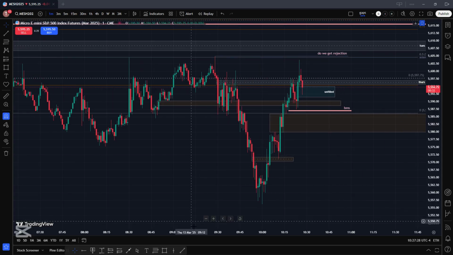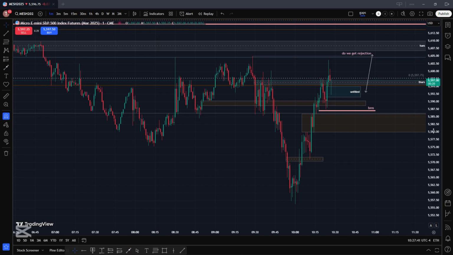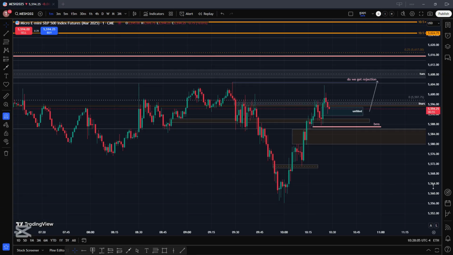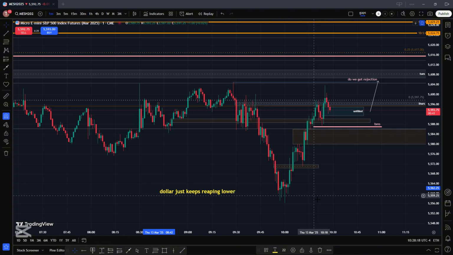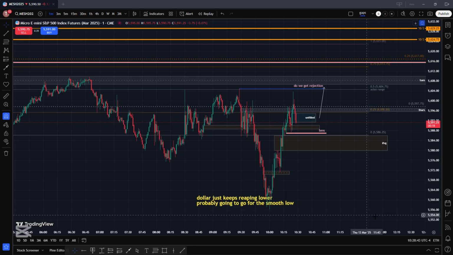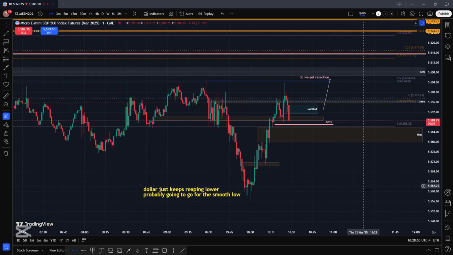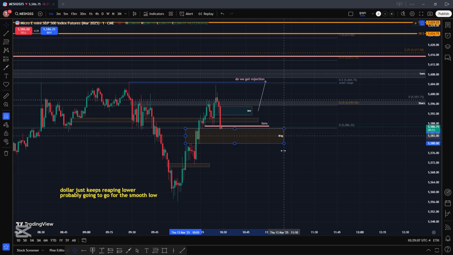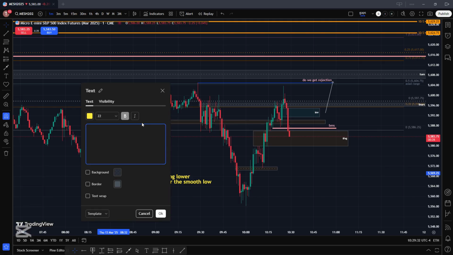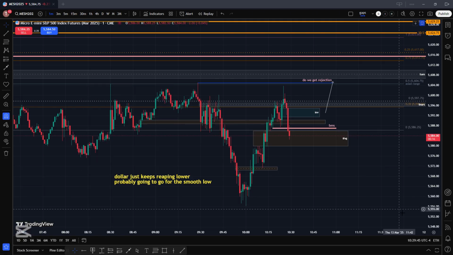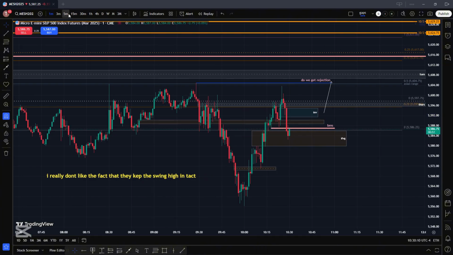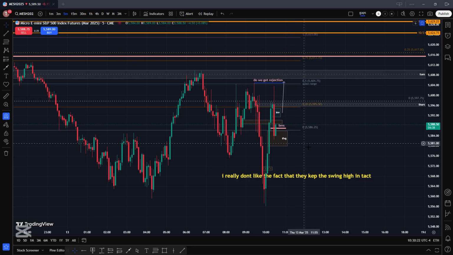So just measuring the market with that fair value gap right there. I typed unfilled because I don't want to see it filled fully and the dollar just keep ripping lower, so it suggests that we are in a market where there is no symmetry. That's why I was very cautious, and there we have the bearish market structure shift with displacement of the Thursday first presented fair value gap. So expecting that big fair value gap to be a breakaway gap.